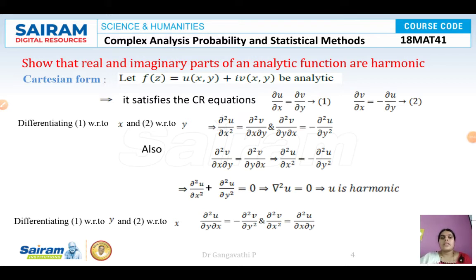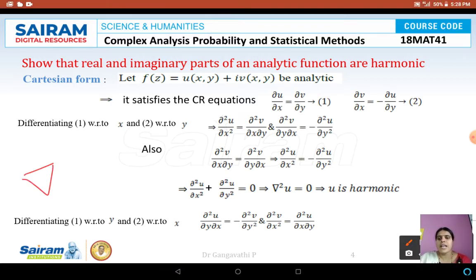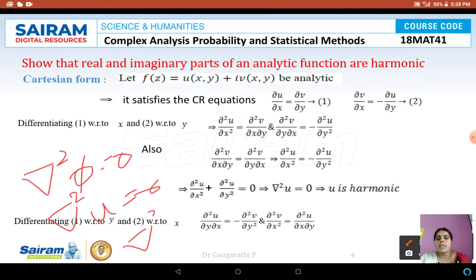Okay, so now let us see the result. This result is an important one. Show that the real and imaginary parts of an analytic function are harmonic. So what is the definition of harmonic? An analytic function has been given. An analytic function has a real and an imaginary part, and that real part as well as the imaginary part are harmonic. When do we say a function is harmonic? If they satisfy the two-dimensional Laplace equation, if they satisfy del squared phi is equal to 0. So if I take the Cartesian form of a complex function, then u must satisfy that, that is del squared u must be equal to 0, and if we consider the imaginary part, then it must be del squared v is equal to 0. So this is the result that we need to prove.